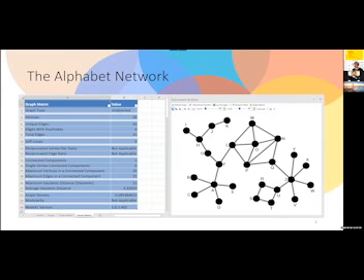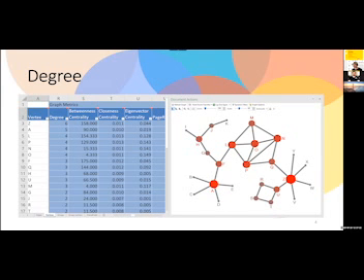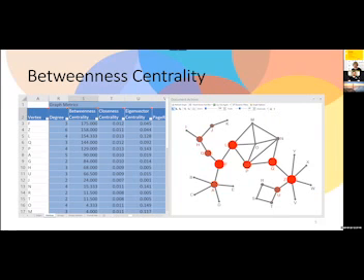And so we could say, let a dot be redder and bigger based on how many lines touch it. And we'll call that degree. But we could also count something else, which is centrality, betweenness centrality. The how much would the network break apart if this dot was removed?